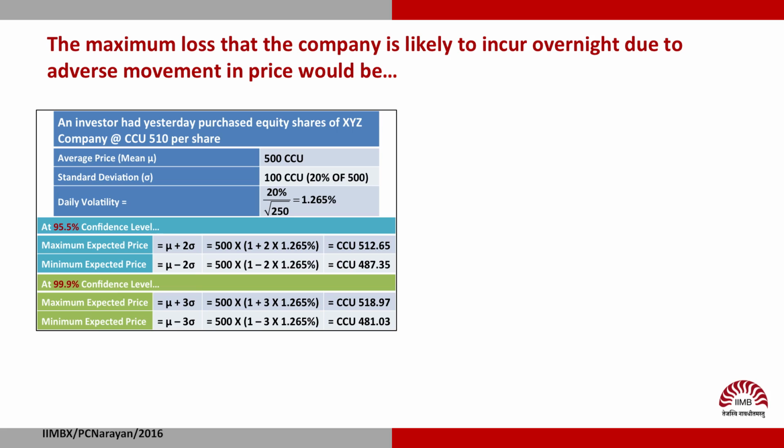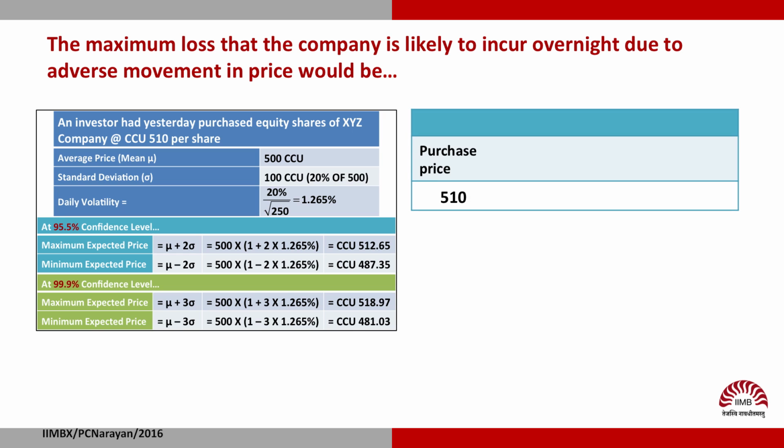In other words, based on statistical data on price movements for the equity stock of XYZ company in the last 1 year, the maximum loss that the company is likely to incur overnight due to adverse movement in price would be the purchase price of 510 minus the worst case likely price tomorrow of 487.35 currency units at 95% confidence level, which would mean a loss of